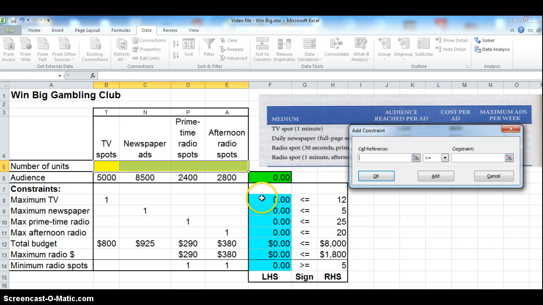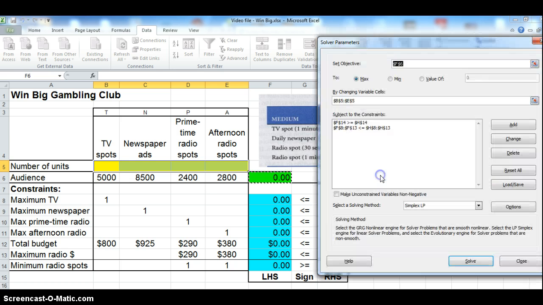make sure you leave that first cell reference as F8 through F13. You have to click in the constraint cell, and you want to set that constraint to be H8 through H13. We're going to click Add, and now we're going to add the greater than constraint. We want F14 to be greater than or equal to H14. If we had another constraint to add, we could click Add, but because this is our last constraint, I'm just going to hit OK. We're ready to solve it, so I'm clicking Solve,